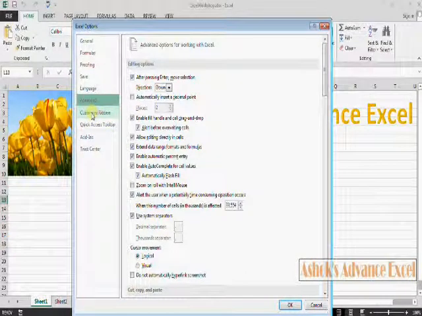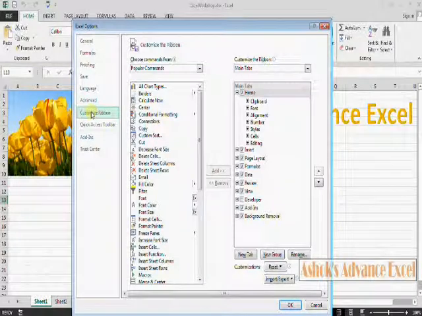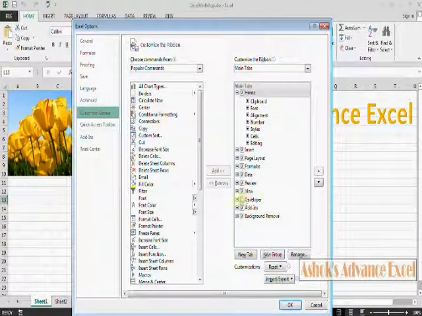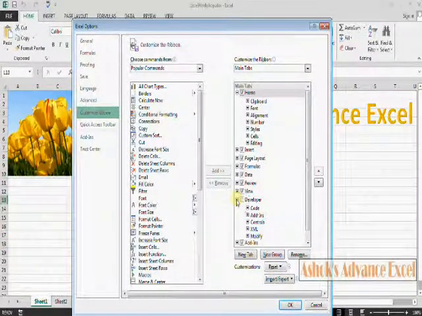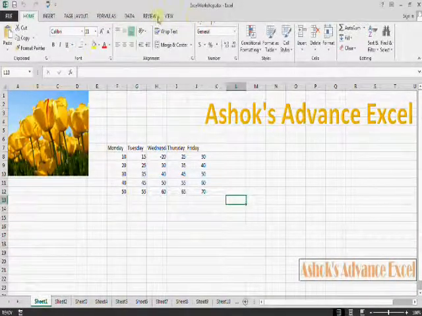The next tab is Customize Ribbon. This is an interesting part. Before we start, I will go to the Developer tab. Here in our ribbon, the Developer tab is not displayed, so we'll display it first.